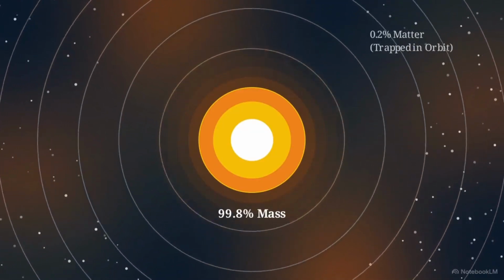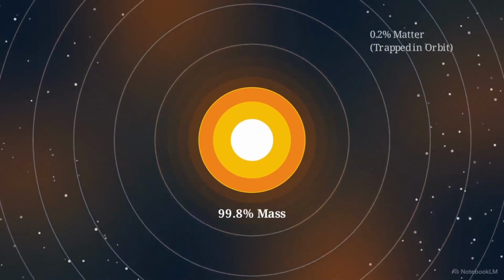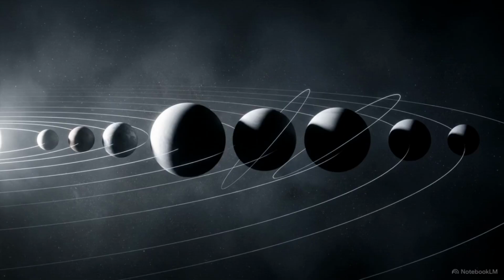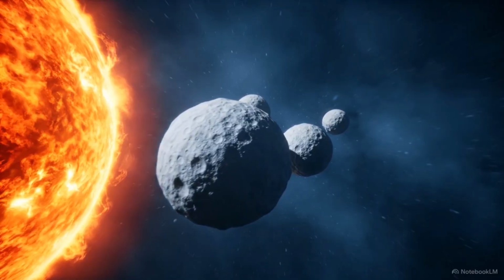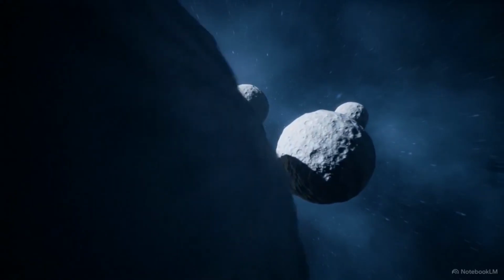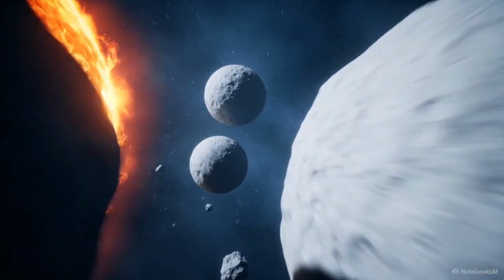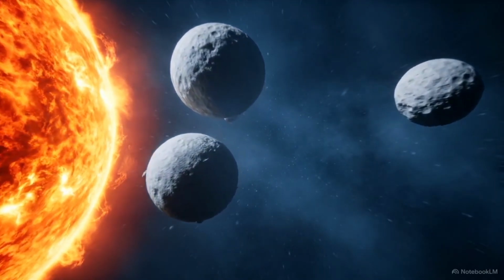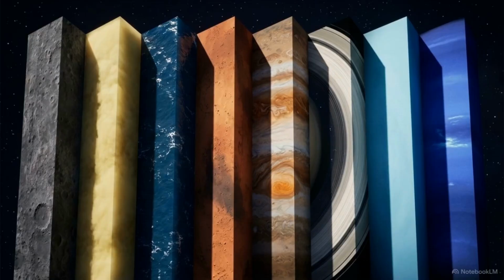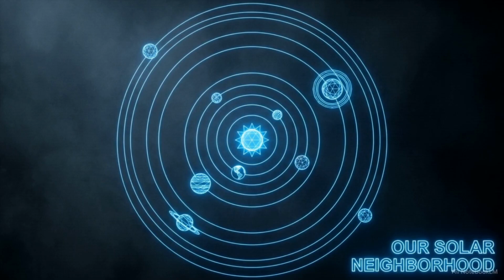The remaining 0.2% of matter remained trapped in the Sun's gravity. Over time, these remnants of dust and gas consolidated into 8 distinct worlds, each locked into a specific orbital path. To understand exactly what formed in that remaining fraction of a percent, we have to travel outward, starting from the blistering heat of the center and flying all the way to the frozen edges of the system. By observing the extreme conditions of these 8 captive bodies, we can begin to map out the sheer variety of environments that exist right in our own cosmic backyard.